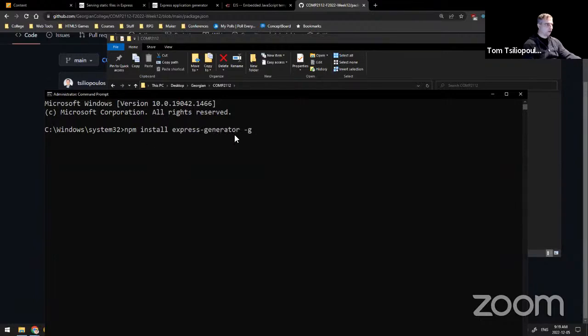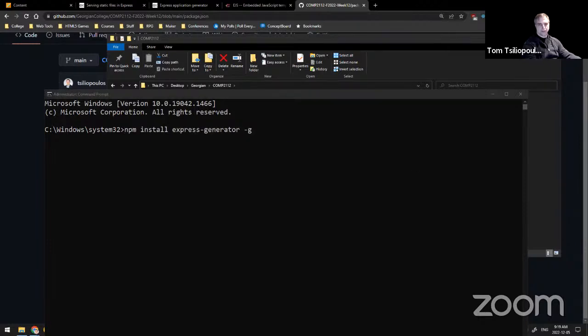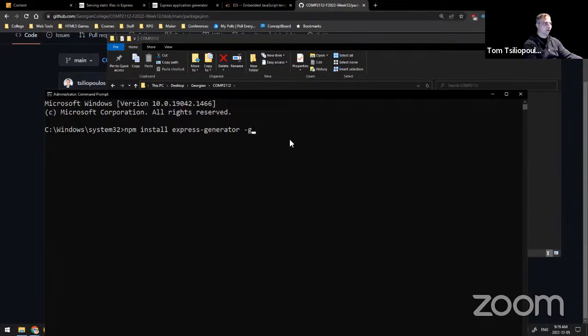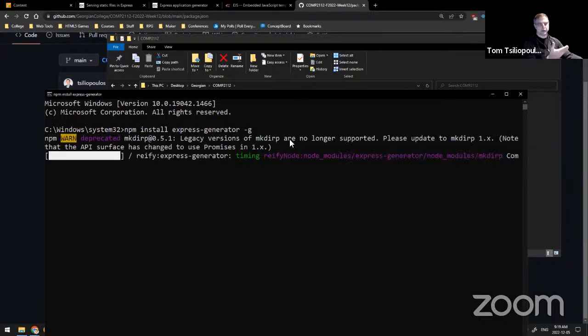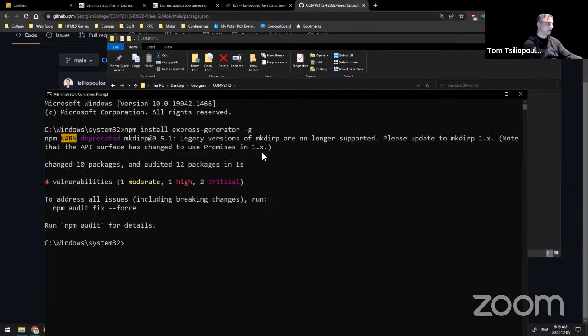So this is the command I want you to issue, please. You need to do it somewhere where you can get this thing, and let's put this inside of the chat. This is what I want you to do. When you do this, by the way, you can do it more than one time, even if you have the Express generator here. And don't worry about the vulnerabilities because we're going to work with them in a second. All right, so that is the Express generator. You've installed it. Thank you.